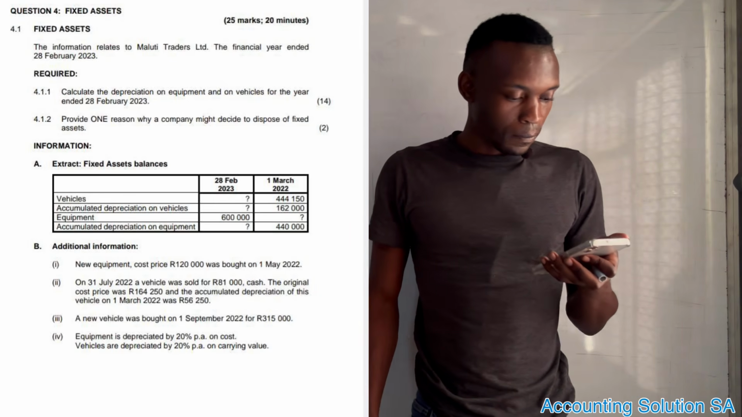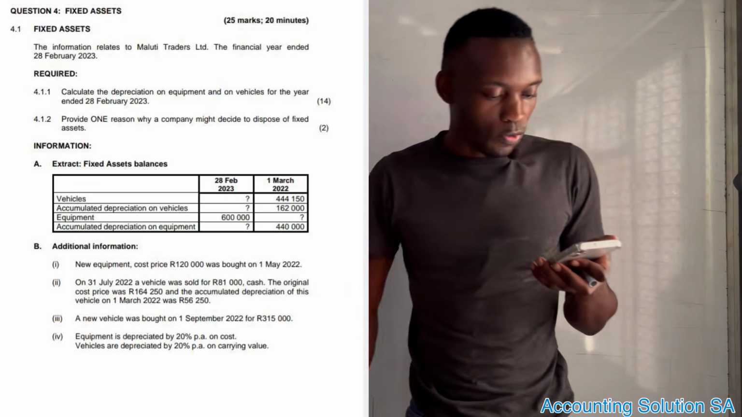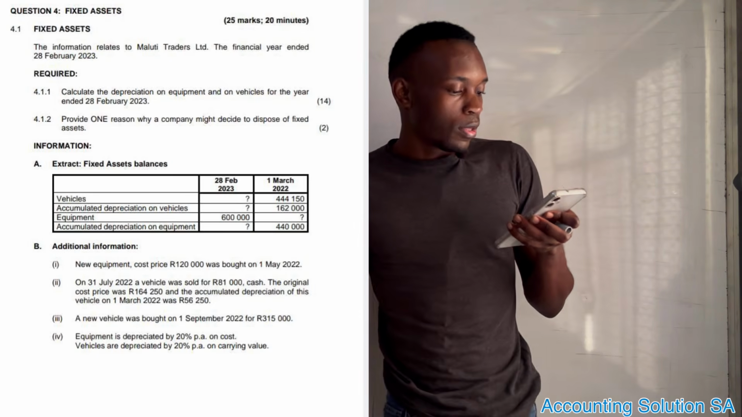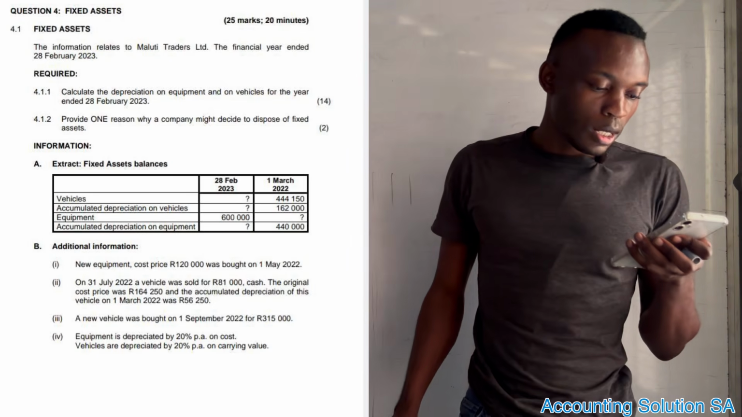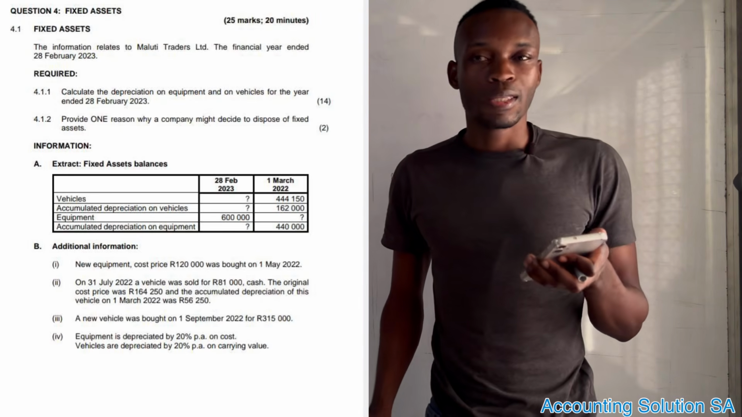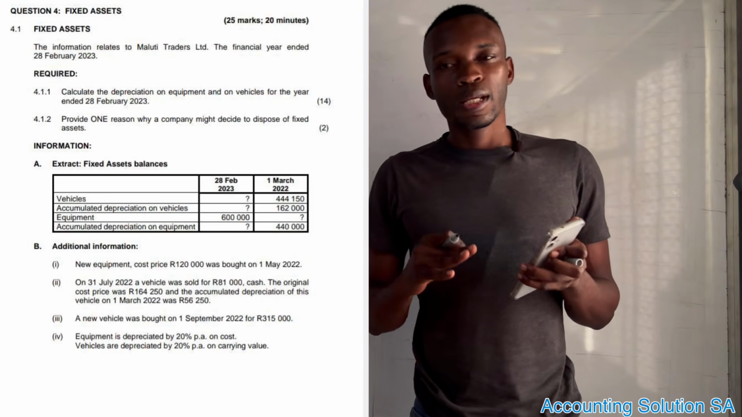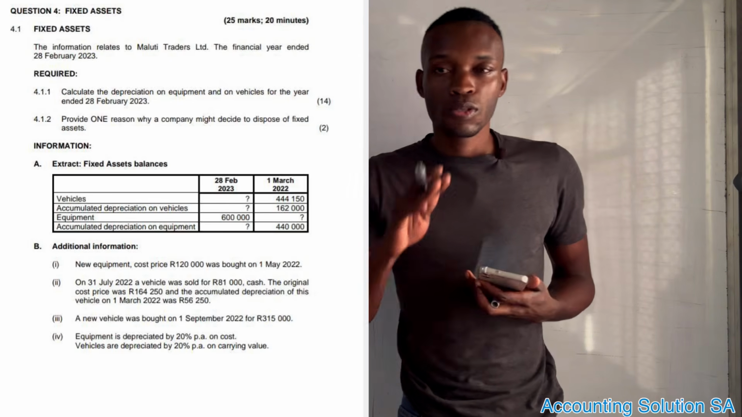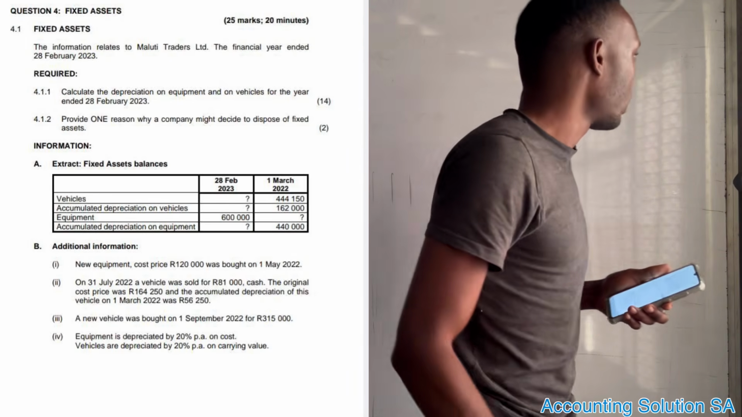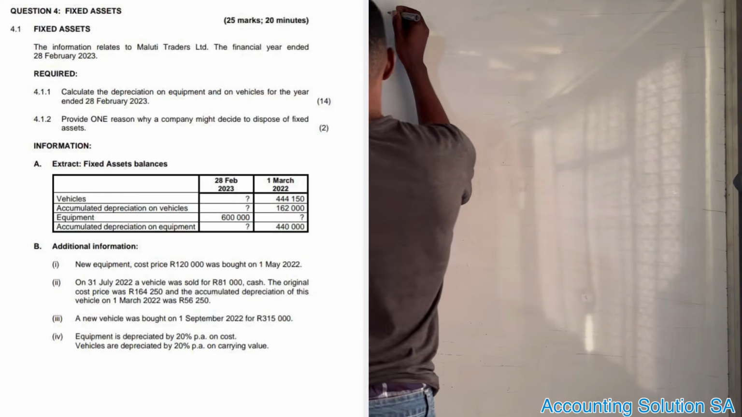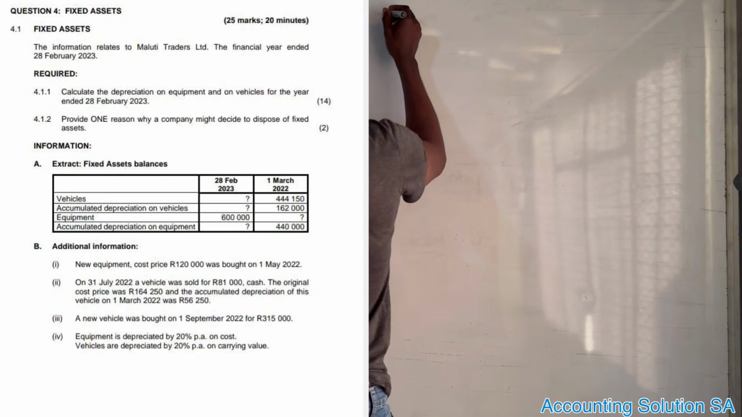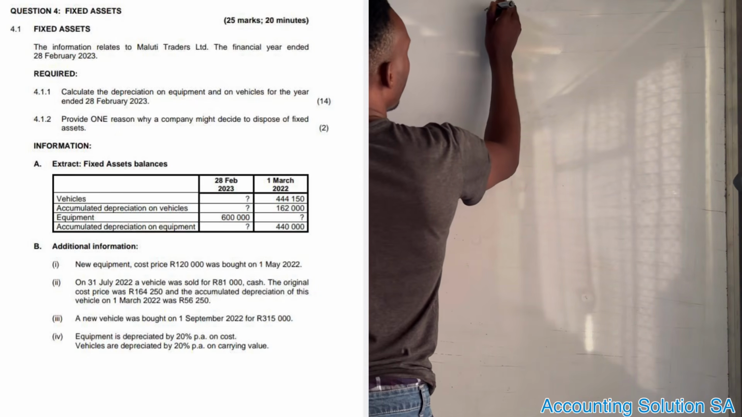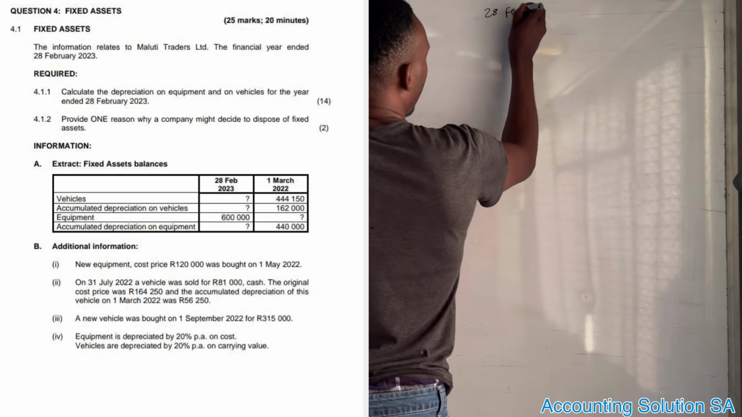Okay, 4.1, it was question 4 on this question paper. The information is related to Matuli Traders Ltd, the financial year end 28 February 2023. So guys, when you do fixed assets, you must write down your reporting period because it's going to be very important when you calculate depreciation. Let's write it down. Because our year is ending 28 February